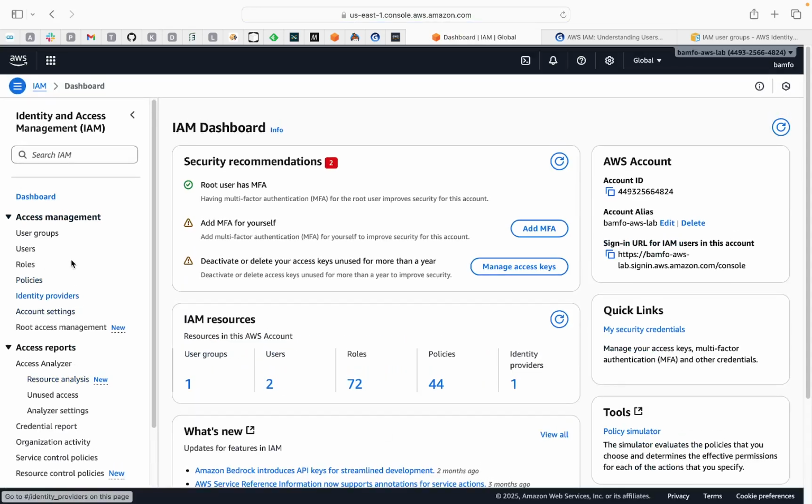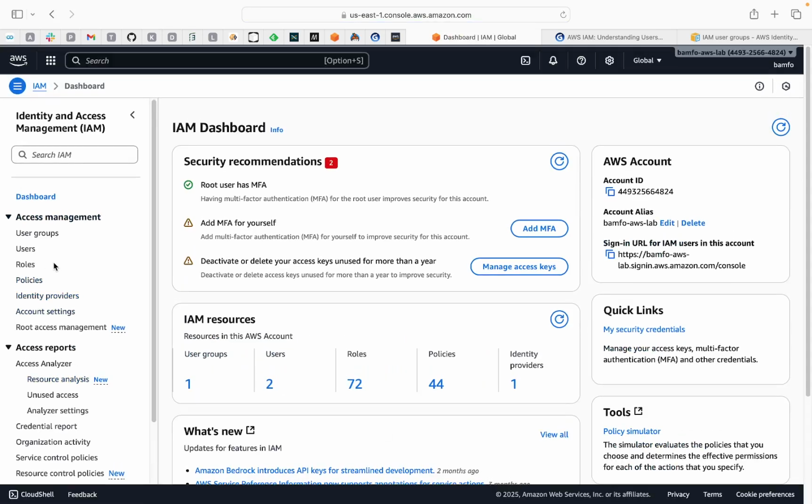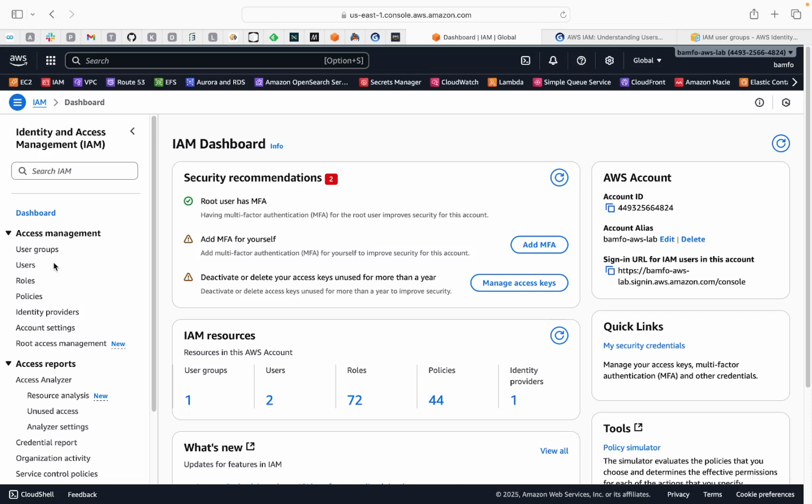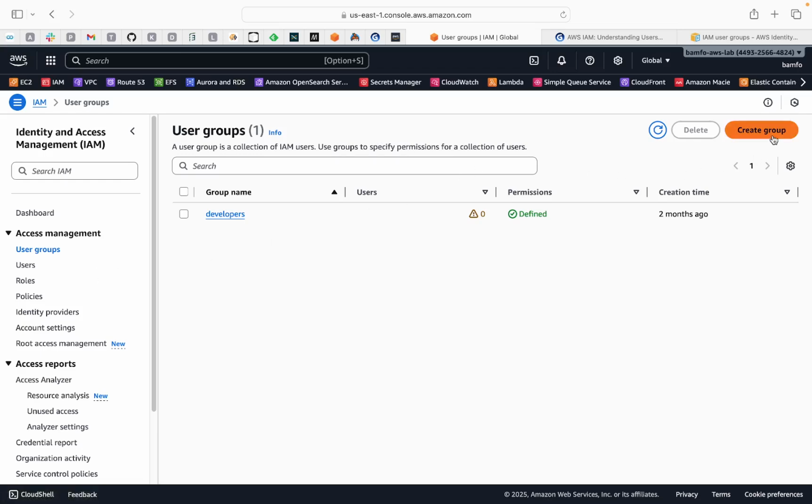Again, there's a separate video where I've explained this. What we need to do is create the users first, and then we can create a group, or vice versa is also valid. You can create the group and then add the users. Let's start from the group level, because we're going to create a group and then add the users to it. So the group name, let's give the name